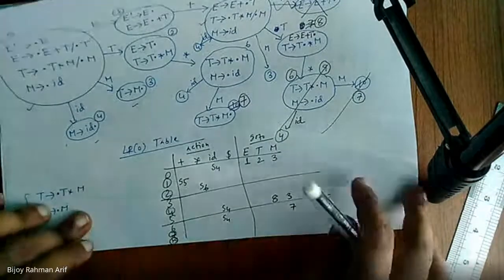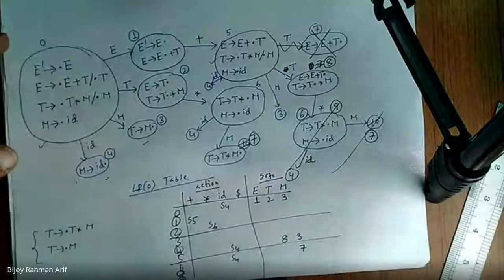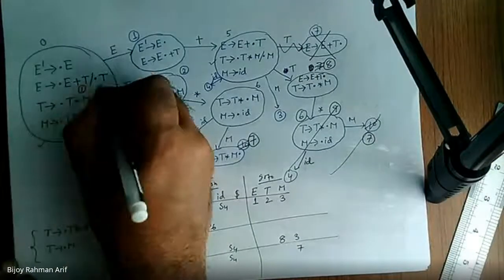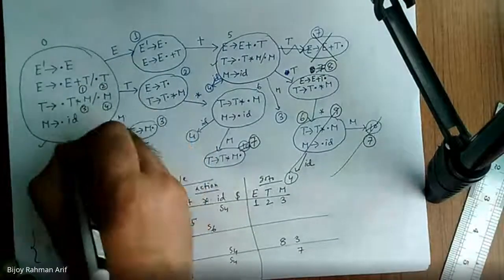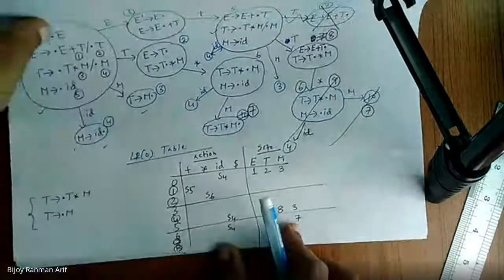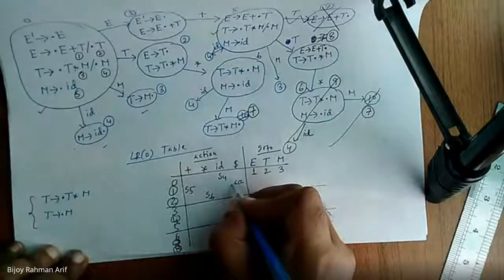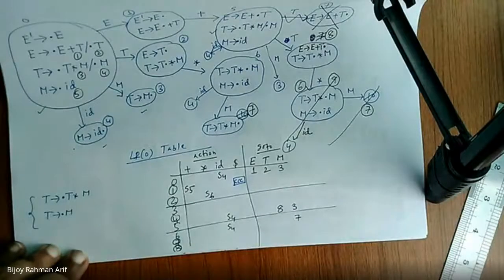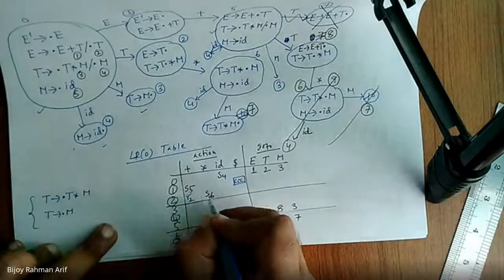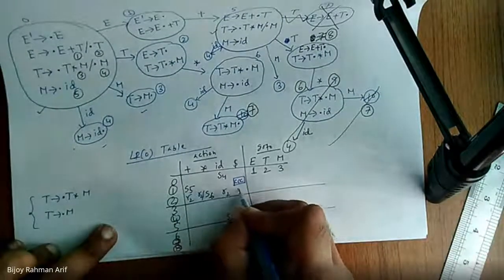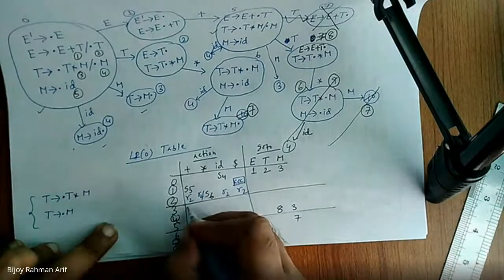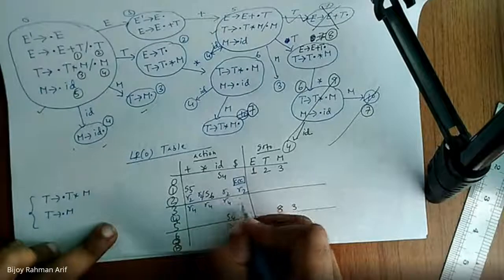Let's come back. Just give the rules numbers. Let's give this one as rule number 1. This one has rule number 2, rule number 3, rule number 4, rule number 5. Just number these. Now try to fill up the final items. So 1 seeing dollar is nothing but accept, no problem. Then 2 is rule number 2, so rule number 2 in every column. Then 3 is rule number 4, so rule 4 in every column.